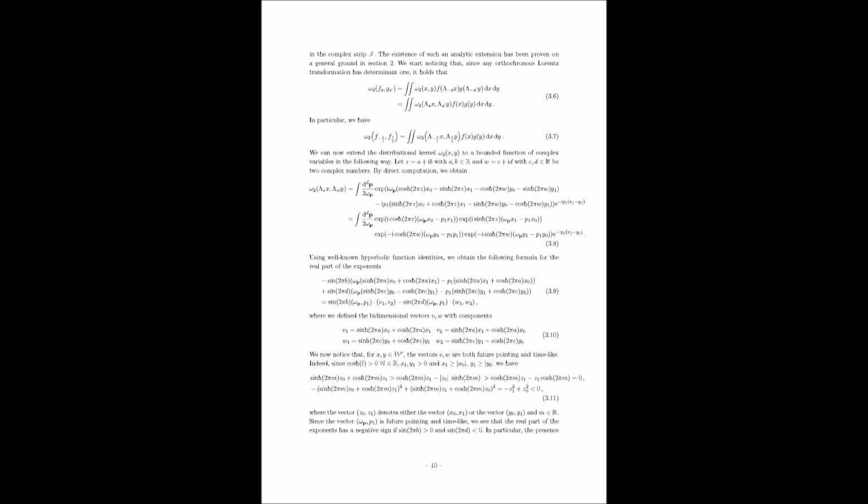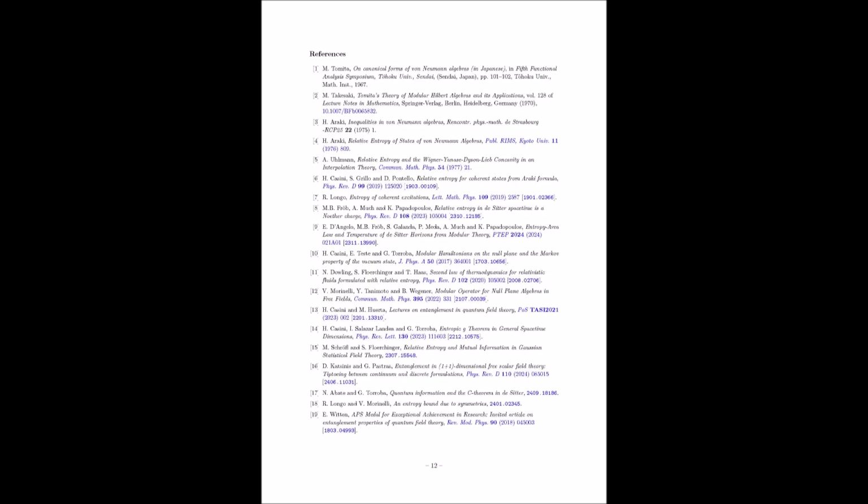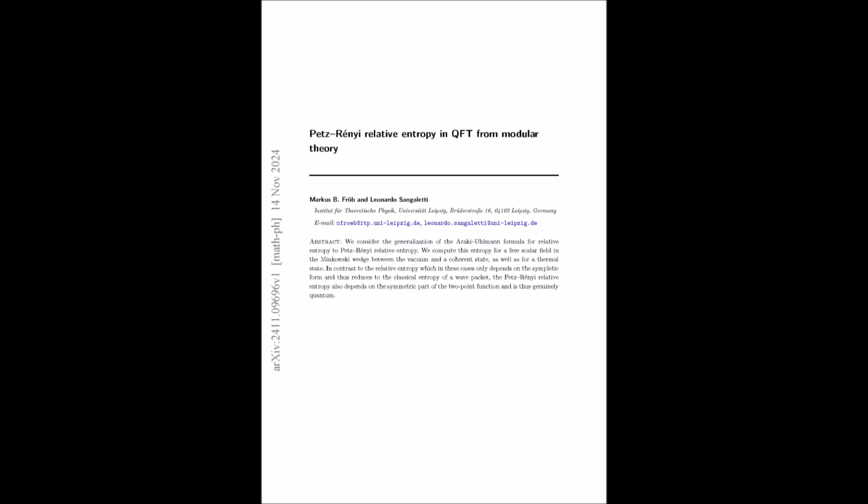And by studying the properties of these subspaces, we can gain insights into the structure of the von Neumann algebra and the states that it represents. This is all fascinating stuff. It seems like Fröb and Sangaletti have developed a powerful mathematical framework for understanding Petz-Rényi relative entropy in the context of quantum field theory. I'm eager to see how they apply this framework to specific examples. Me too. They've laid a solid mathematical foundation. Yeah. And I'm sure their examples will illuminate the beauty and power of their approach. Let's dive into those examples then. We'll pick up where we left off in the next part of our deep dive.